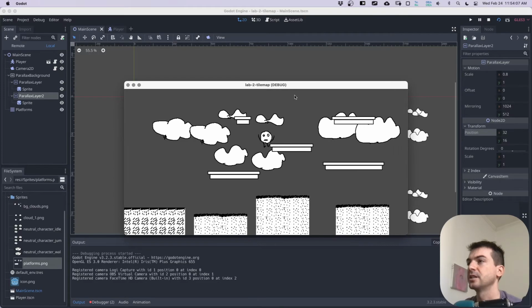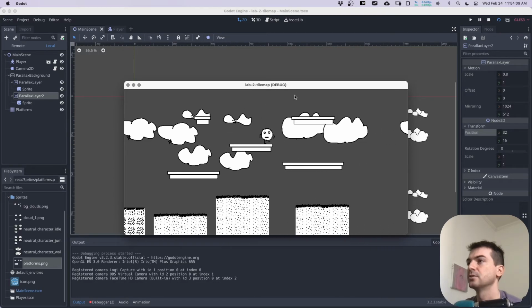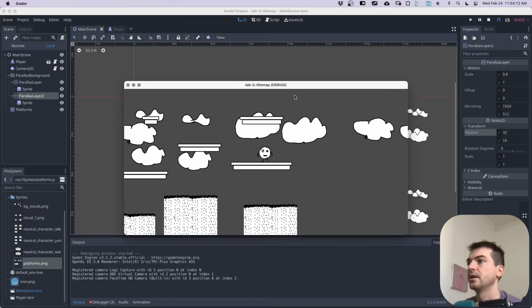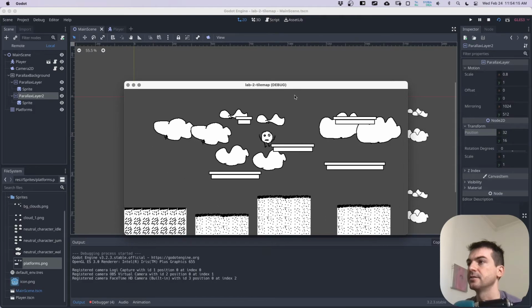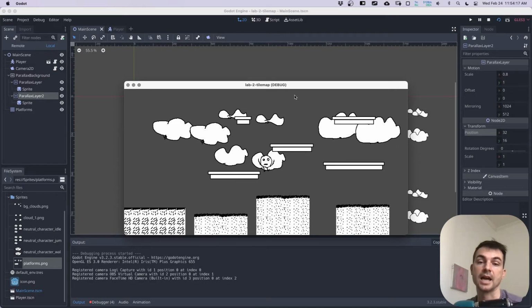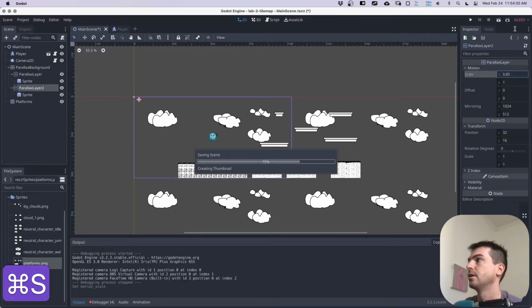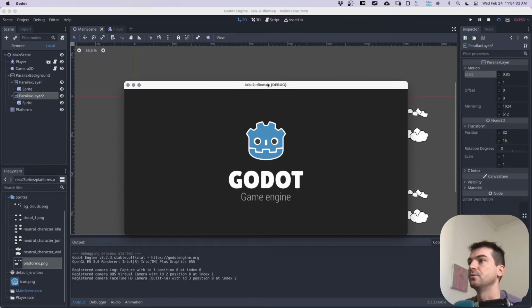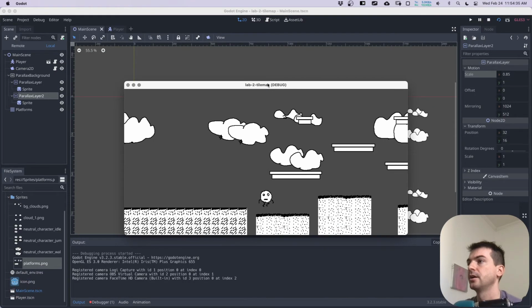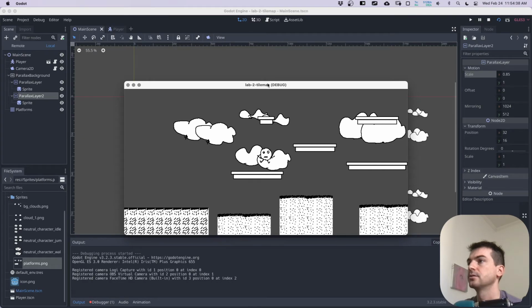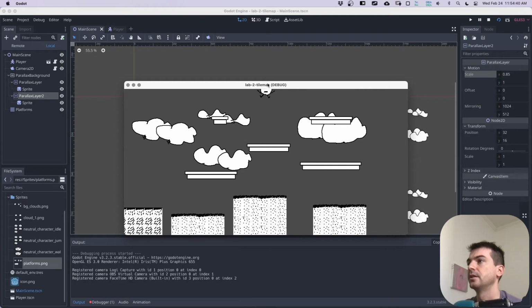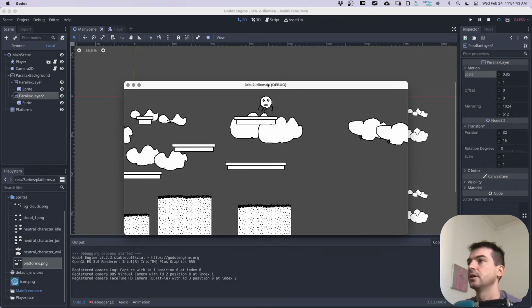And so that is actually maybe a little bit too much movement, maybe not super realistic. So we can change that. But you can see how you can start to get these different depth effects. I'm also using the exact same art, so it looks the same, so that makes it a little confusing. You can use different layers with different art. So let's actually change the scale a bit closer. Let's say like 0.85. So now they'll move a little bit more together. So it's not perfect, but we can start to see how this motion is going to be